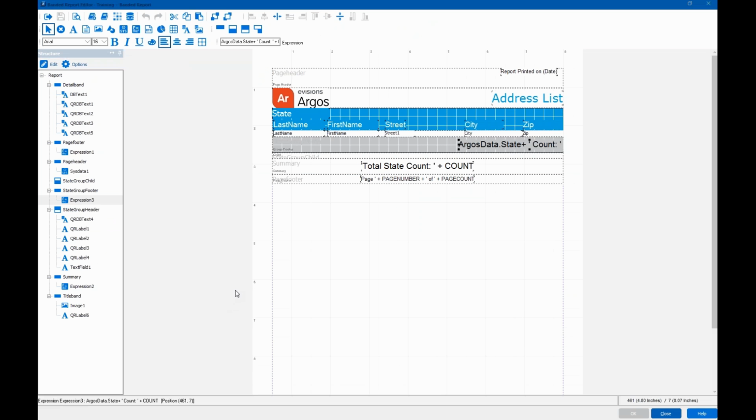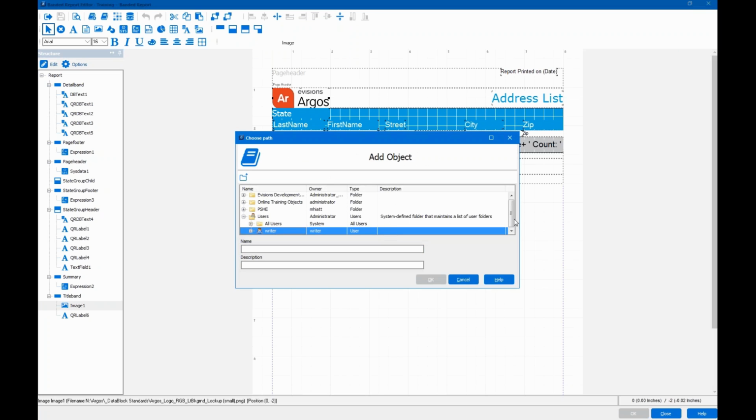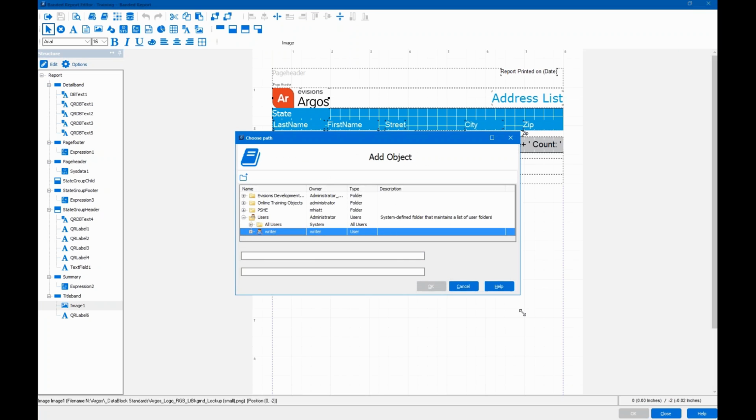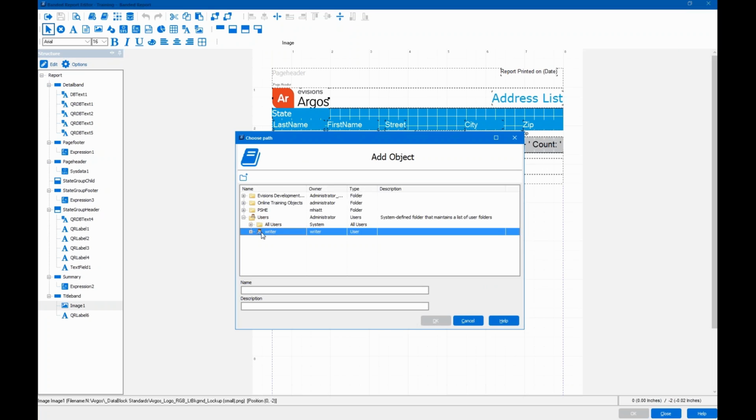we will first select the object that we want to add to our library of objects. Click on our logo, and then we'll click on this book with the plus sign icon to add objects to the library of objects. Like I mentioned, it will automatically take us to the folder of the person we're signed in as. So right now it's taking us to that folder, but if we have access to a different folder, we could always select there and add it. So we're going to give our object a name and a description,